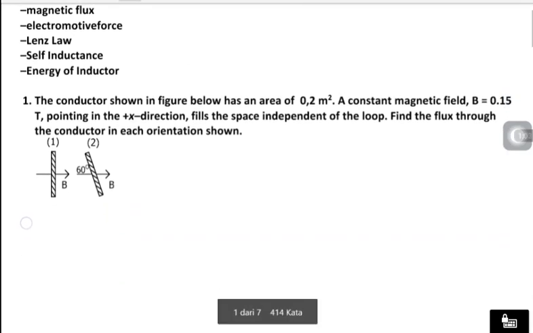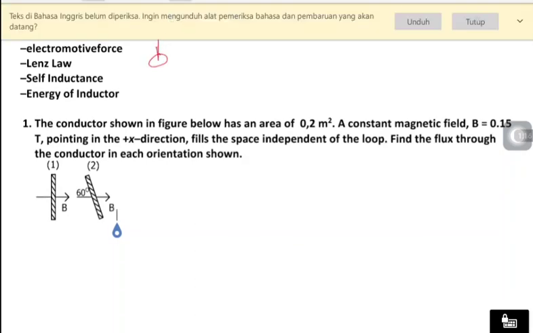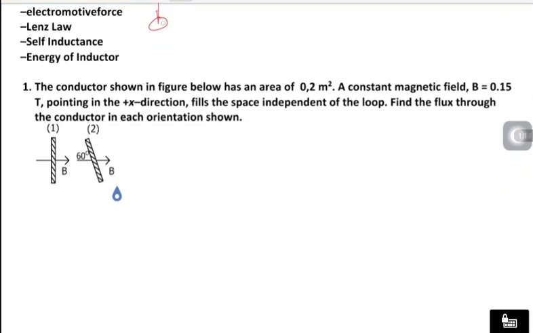We know that the formula of flux is B A cosine theta, with theta being the angle between the magnetic field line and the normal line of the surface. So